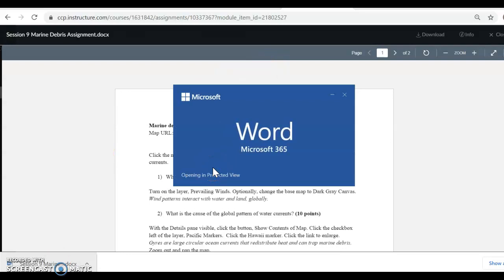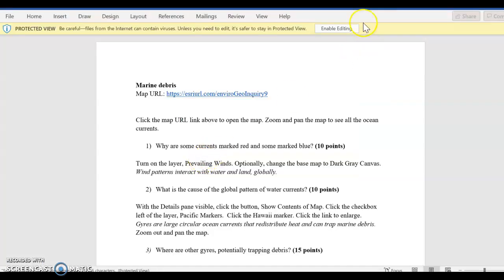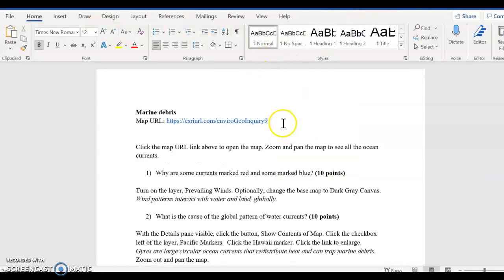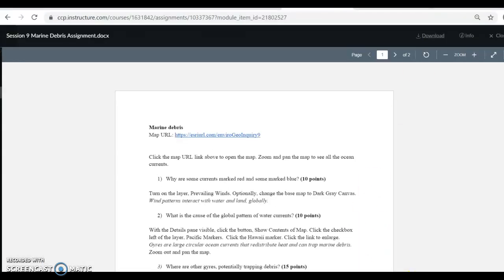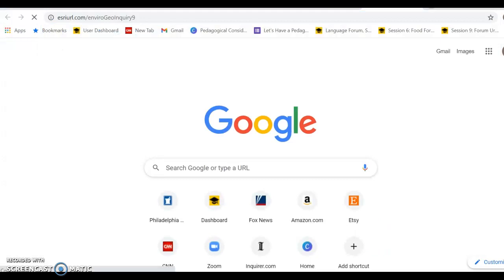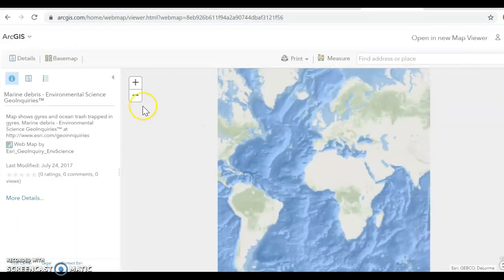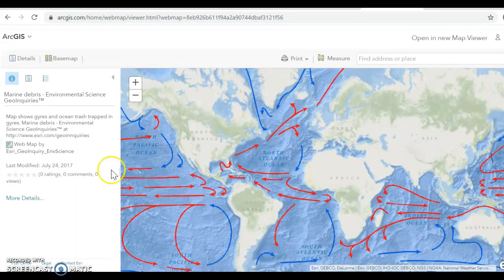It's kind of the same objective, and now that you've worked your way around the first map, you will have a better idea of how to work your way around this map. So here I'm going to put the link into my web browser, and here is the map. So it opened with